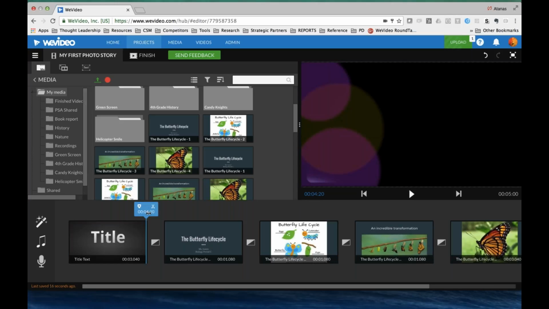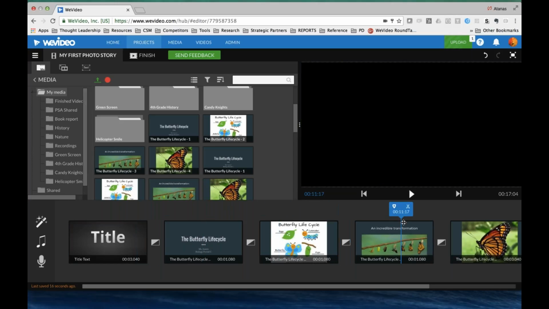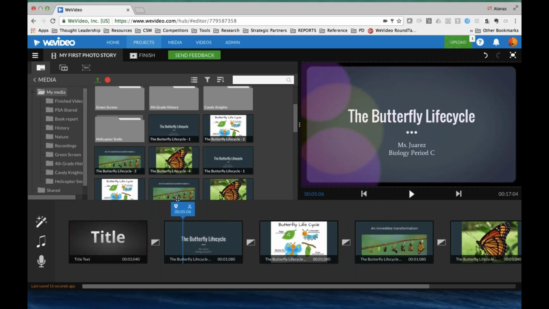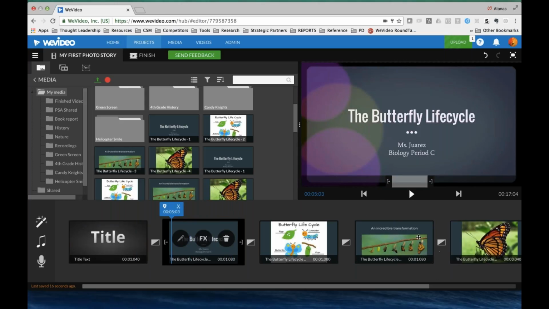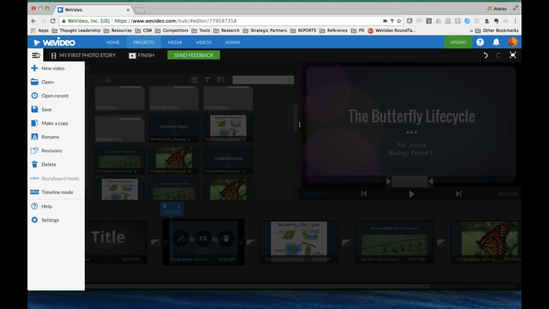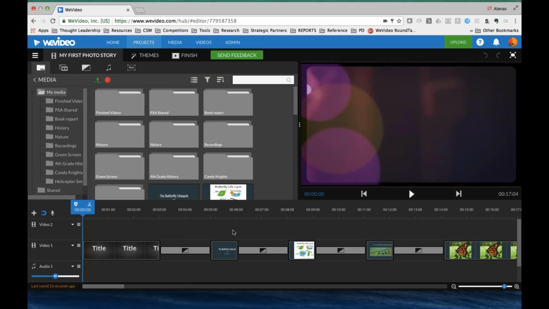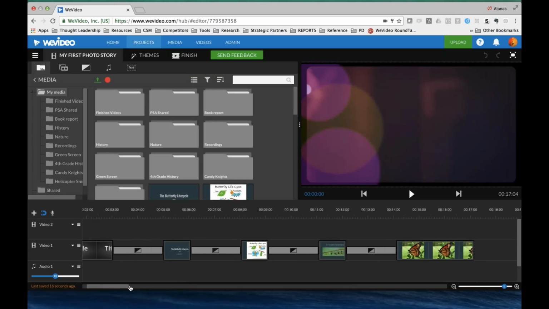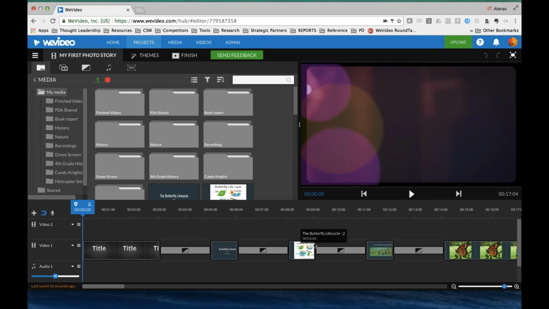Great. Perfect. So now, we can finish this here, and we can have a very basic photo story with Google Slides, and we can even do our recording here. So it would be a voiceover. But if you want to achieve a more sophisticated effect, you would go to timeline mode. All of our content will persist. So notice how these slides are still here. But notice how now the focus is not so much on the sequence, but on the timing.